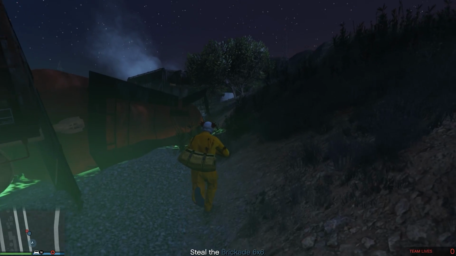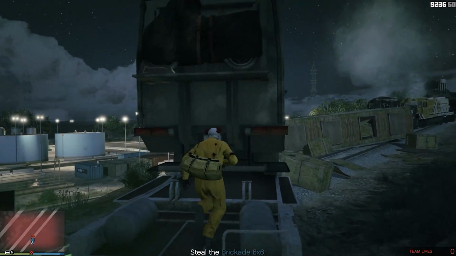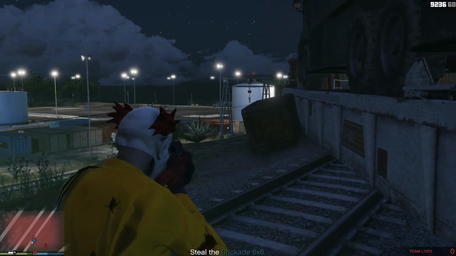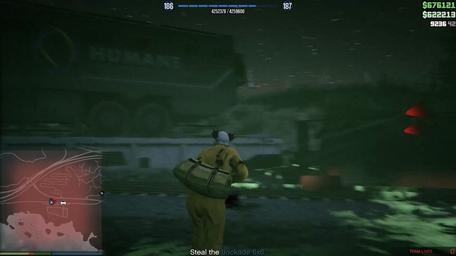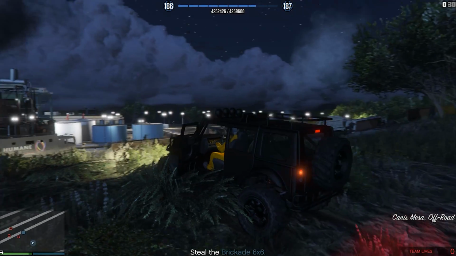Now excuse the lack of enemies, I spent 20 minutes killing them, but there it is, the Brigade 6x6. Now the minute you approach it, you're going to be swarmed by enemies. And watch how quickly my life disappears. Twice. So at this stage I actually panicked and I ran up the hill so I could find cover in